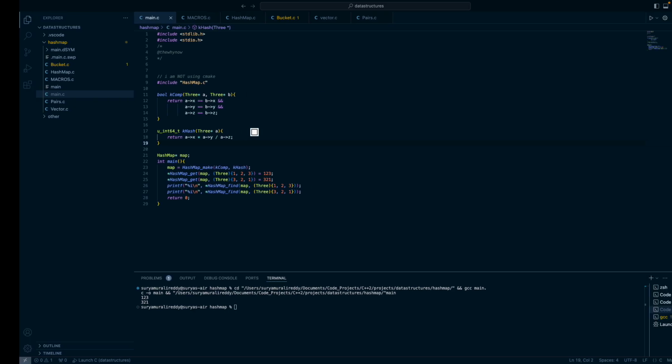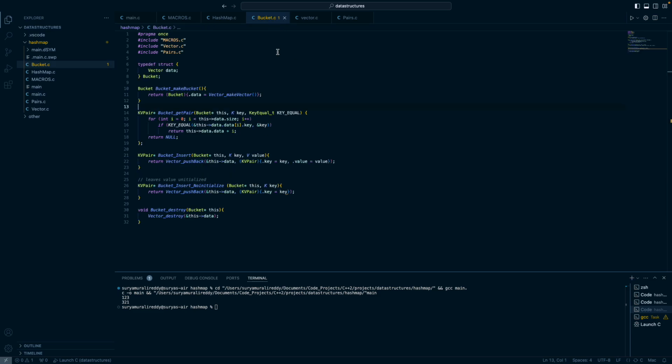And I'll show you a little bit of code behind mine. If we look at the bucket here, it's really just a wrapper class around a vector. It really just stores no other data. It's just a little bit of an abstraction to make my life easier. You can make a bucket and you can get a pair from this bucket, and we pass in a key equals function over here. You iterate through the bucket, and if the keys are equal, you return it, otherwise you return null,